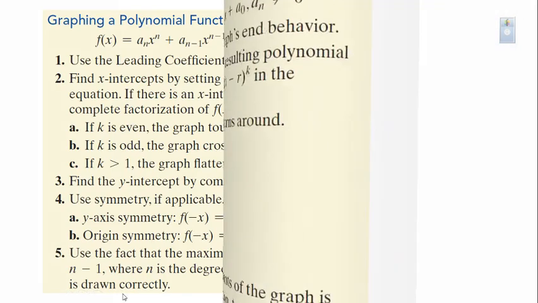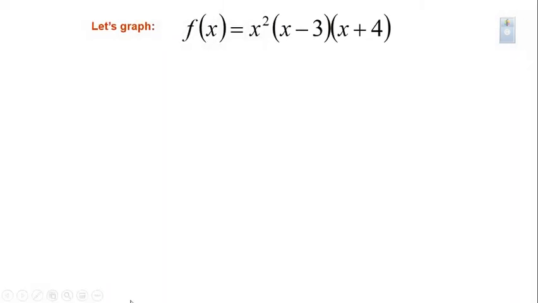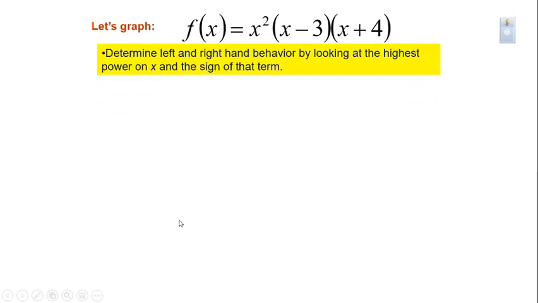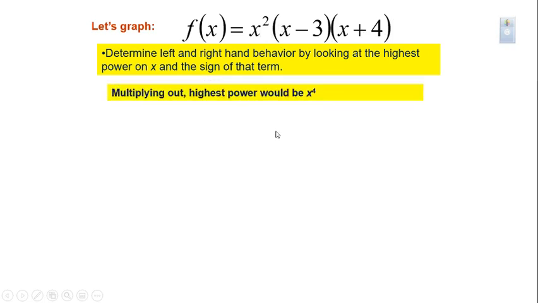Now let's take a quick example here. Let's graph f of x equal to x squared times x minus 3 times x plus 4. Let's see what the end behavior is. If we multiply out this function, we'll get an x squared times an x. That will be our leading term, so we'll get positive x to the 4, positive 1x to the 4, which